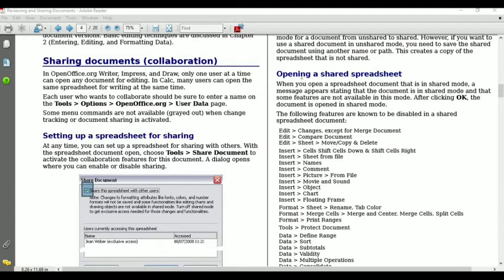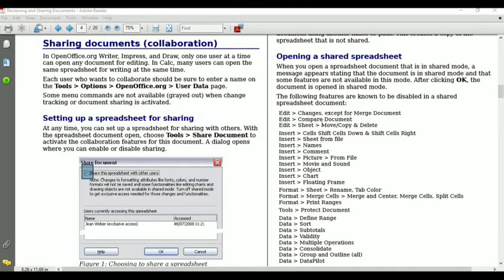Once you open a shared spreadsheet, you will see these many options are disabled. Means after you make your document shared, then these many options are disabled. These options will not be enabled, so you cannot use these options while your sheet is shared. You can see here.